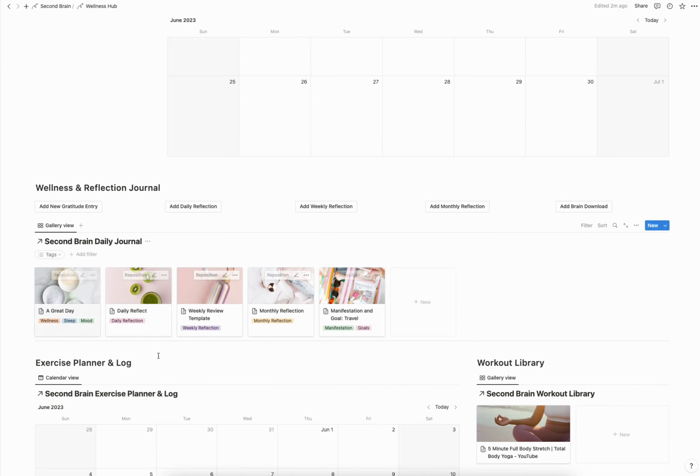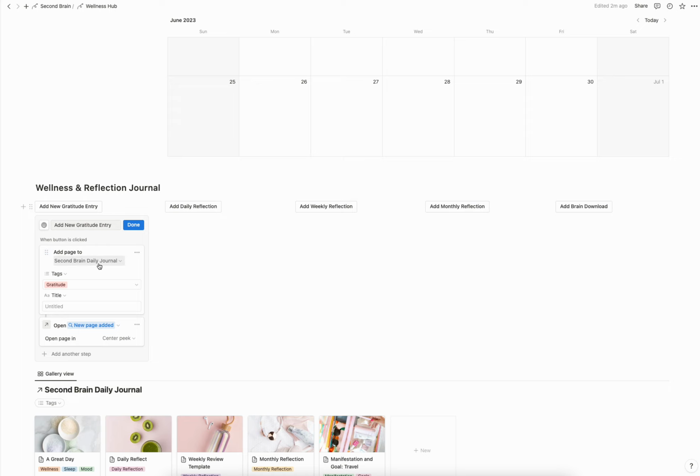Here we go back to the same thing with our daily journal. This journal is not filtered, so it's going to show anything in your daily journal. And up here you will see different entries that you can add. So if we go up here, it's going to add a page to the Second Brain Daily Journal, and it's